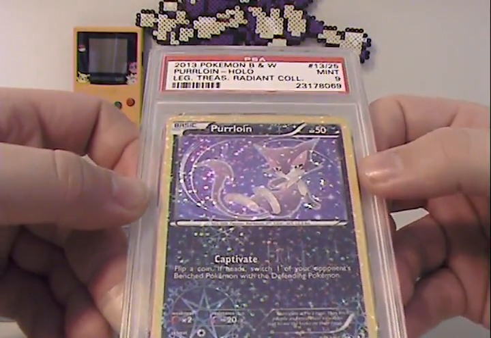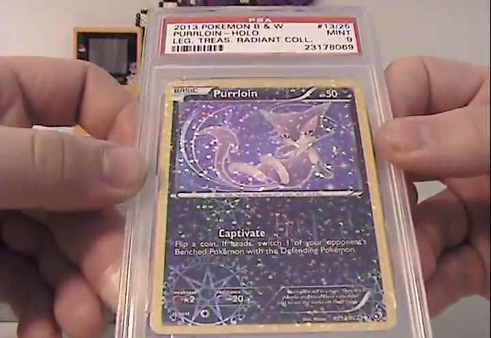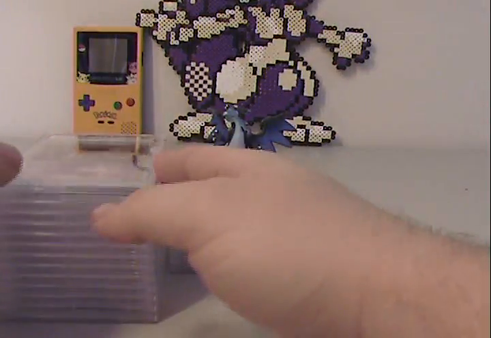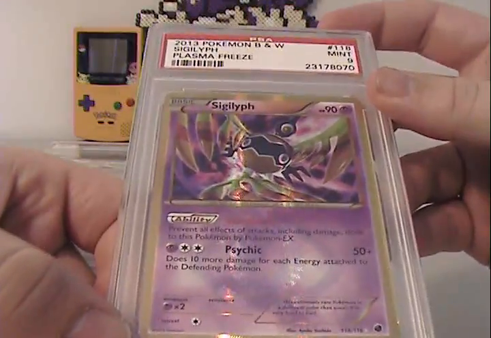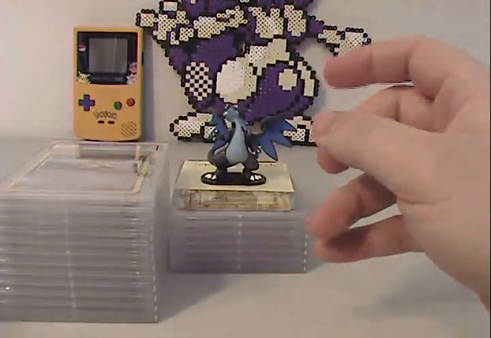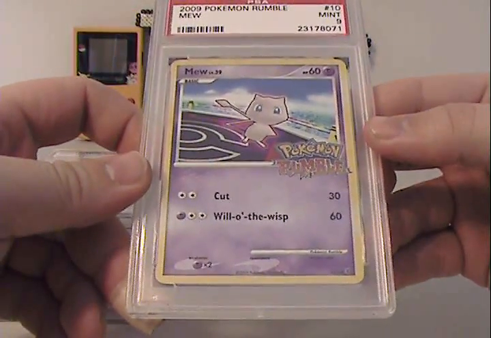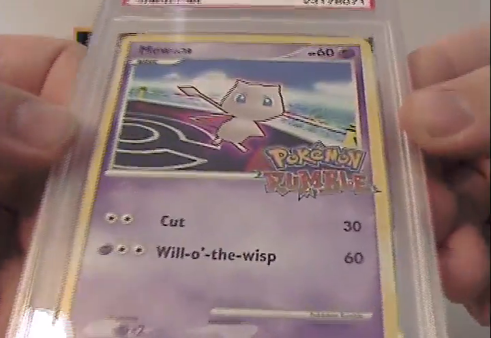Radiant Collection Purloin. Came back as a Mint 9. Thought it was pretty cool. Whole card has a little bit of glitz and glamour to it. Salif, Secret Rare. Came back as a Mint 9. Nice card. This card I was hoping we'd get at 10. I thought it was actually pretty close to getting a 10, but this one only came back as a Mint 9. You can see the Pokemon Rumble